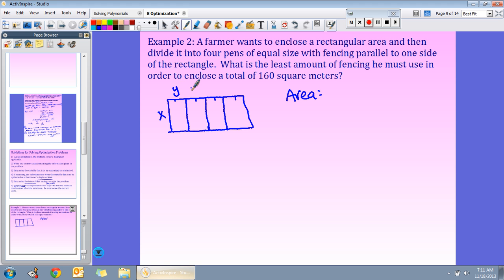So I'm going to label each one of these y. And then in terms of perimeter, all of these are an equal x. So our area is not just x times y, it's x times 4y equals 160, and our perimeter,